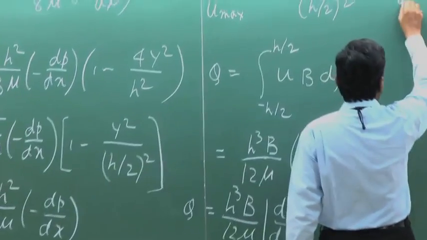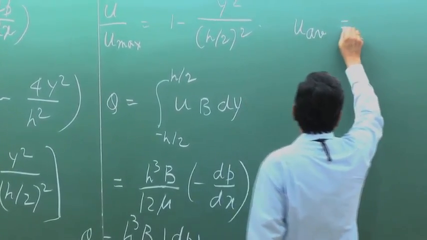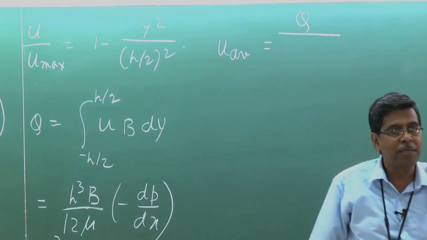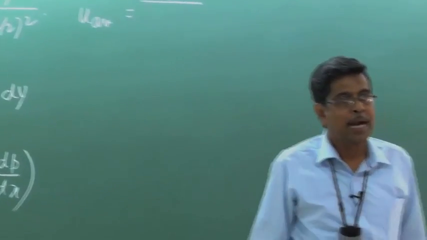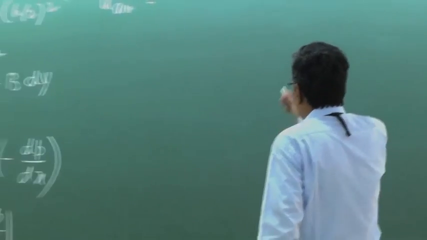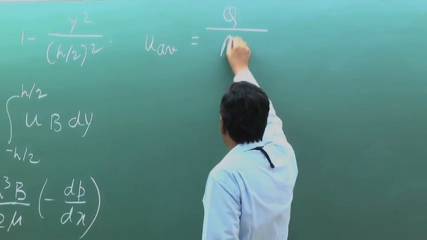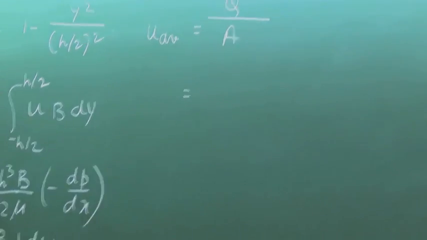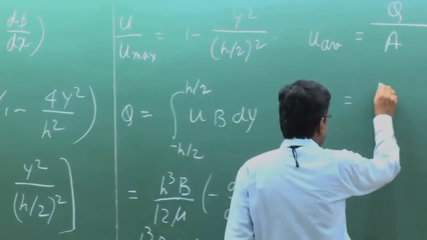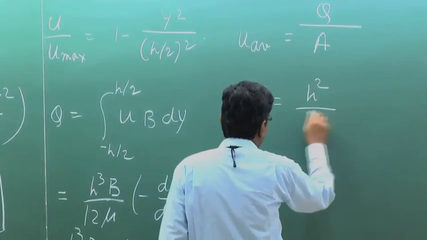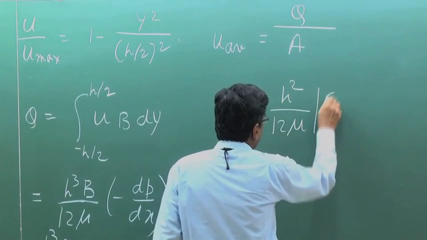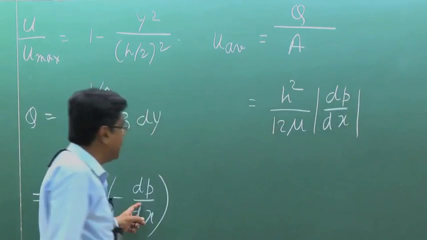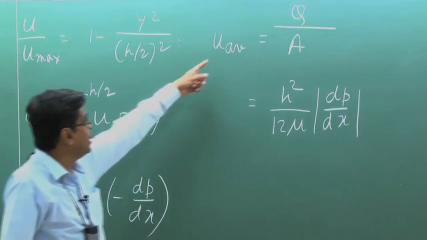The average velocity in fluid flow is defined by the volumetric flow rate. That means for internal flow through a duct, it is defined as the volumetric flow rate divided by the cross-sectional area. And if you do that, the cross-sectional area is b into h, then you get h squared by 12 mu mod of dp dx. Of course, here you can put that minus dp dx type of thing to show the